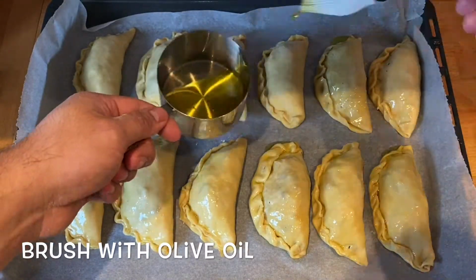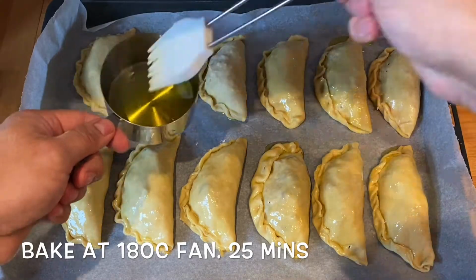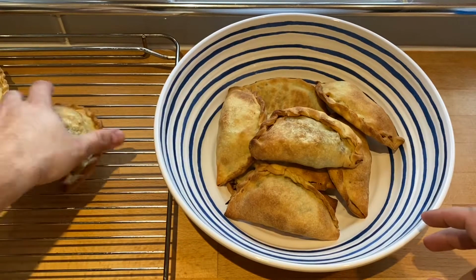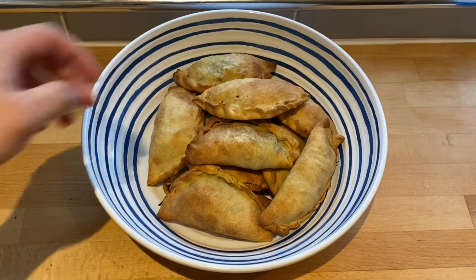Then brush them with olive oil and bake in the oven at 180°C fan for 25 minutes. Once they're ready, I cool them on a wire rack, and then once they're cooled, I put them in a bowl and eat them. And they don't last very long because they are